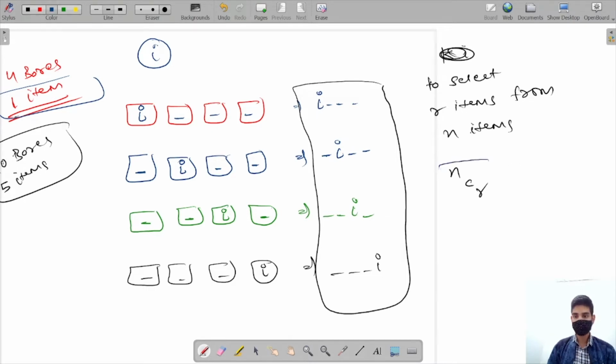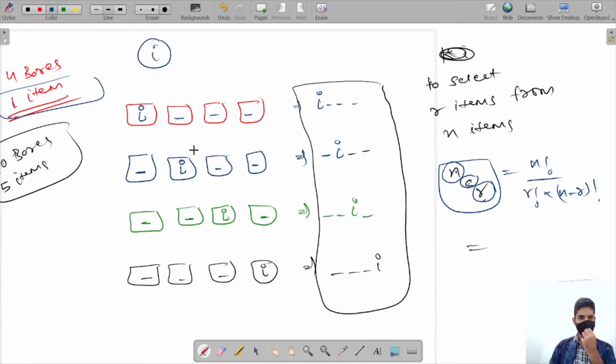What is this formula suggesting? It says that we have n items, we have to select r items, and the selection is represented by C. So r items are going to be selected from n items. What is the formula? n factorial divided by r factorial times n minus r factorial.